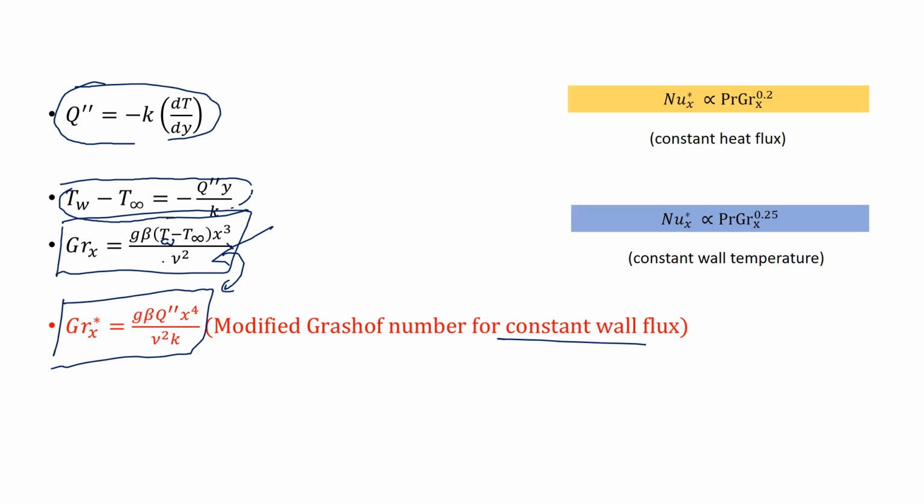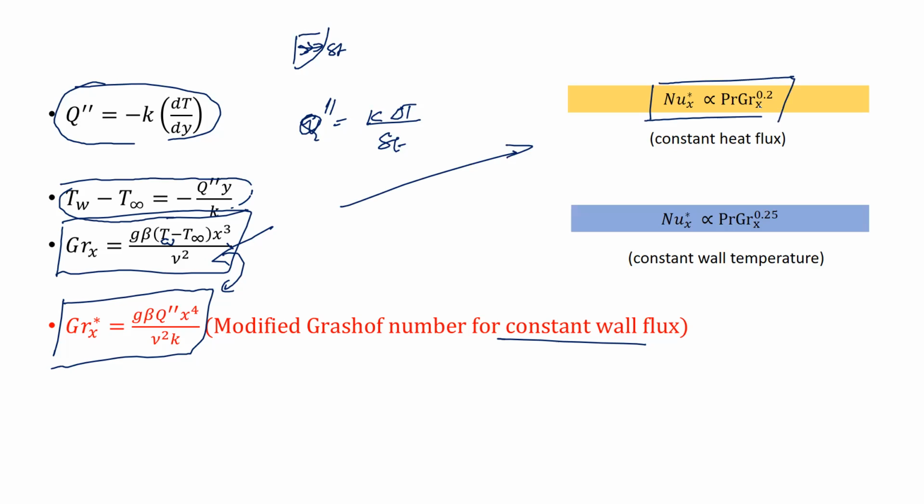Just rearrange and see. With our condition that Q star is equal to K delta T by delta T, because if delta T is the thickness of the boundary layer, conduction conditions are happening, you can substitute and see. It's to be noted that then the Nusselt number is a function of